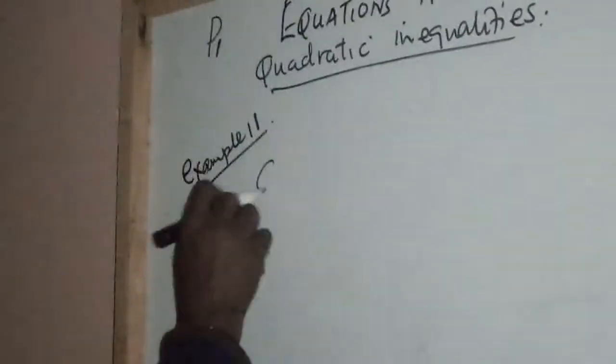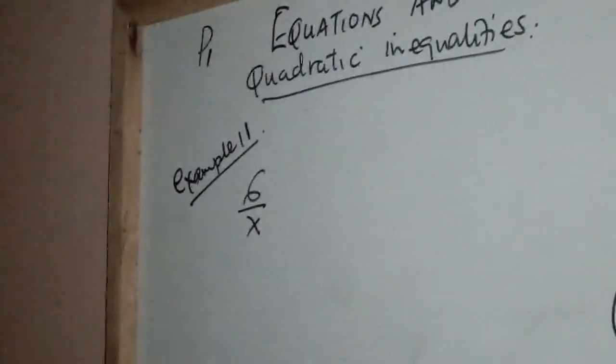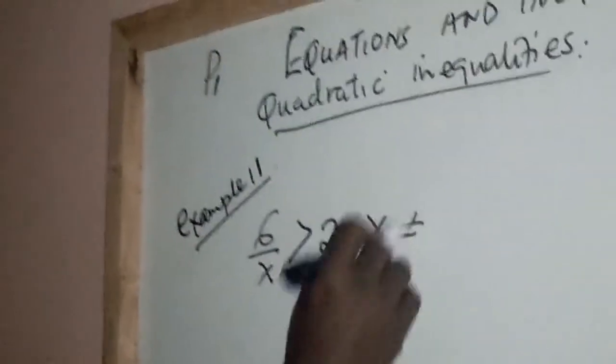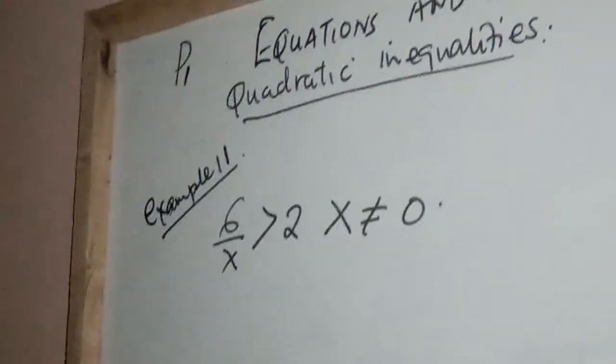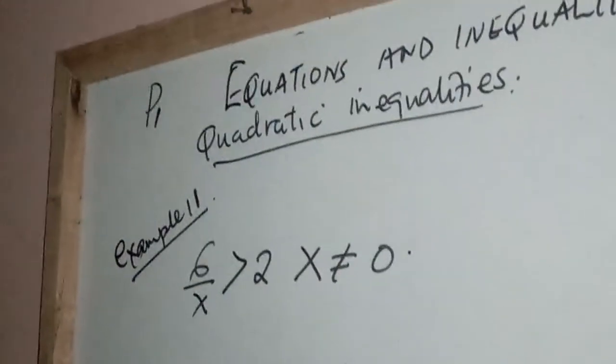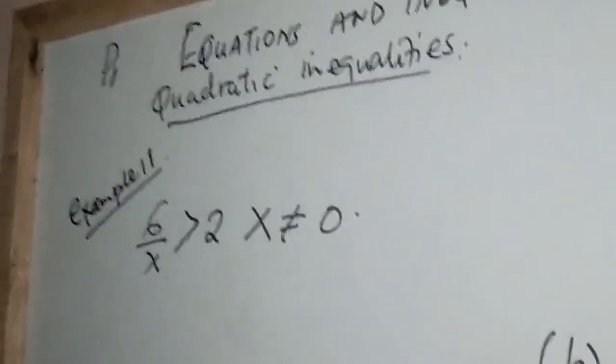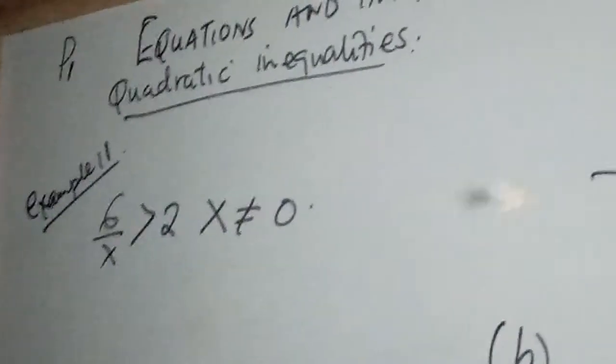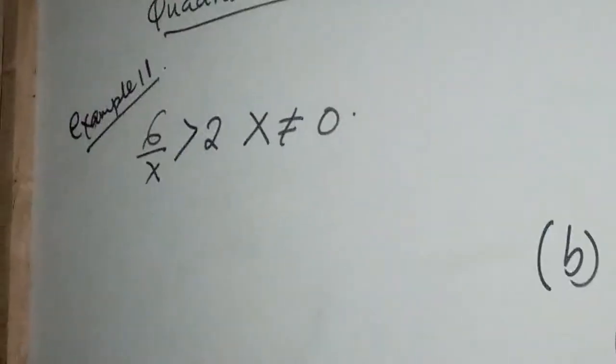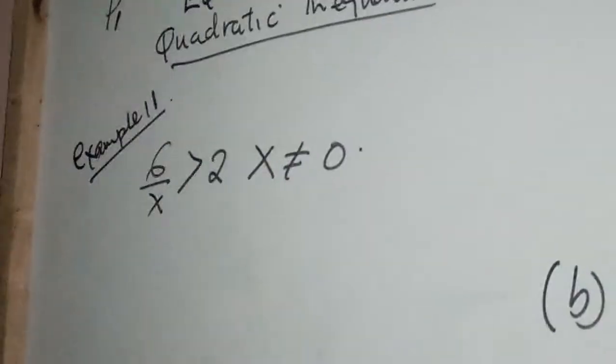We need to get to example 11. And example 11 is asking us, find the set of values for which 6 over x is greater than 2. And x is not allowed to be 0. You realize that when x is 0, this particular term, 6 over 0, is not going to be defined. It's actually infinity, it is undefined. So x cannot be 0. And therefore,